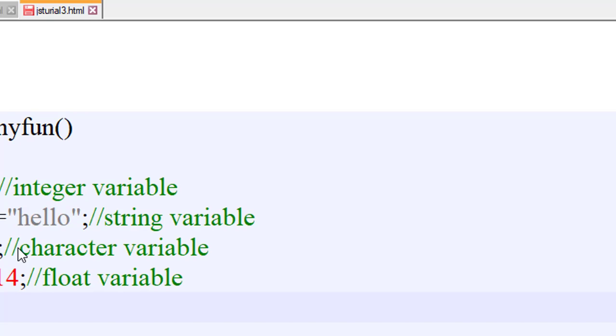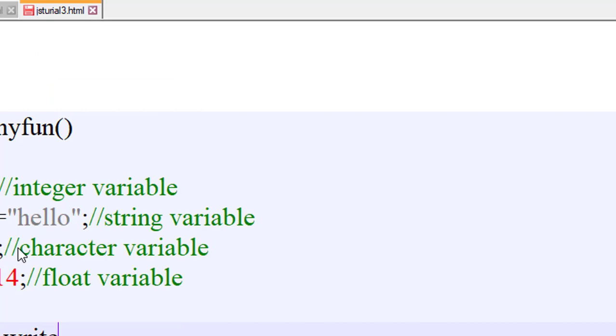Okay, now I want to do some coding, right? Like window, like document dot write.